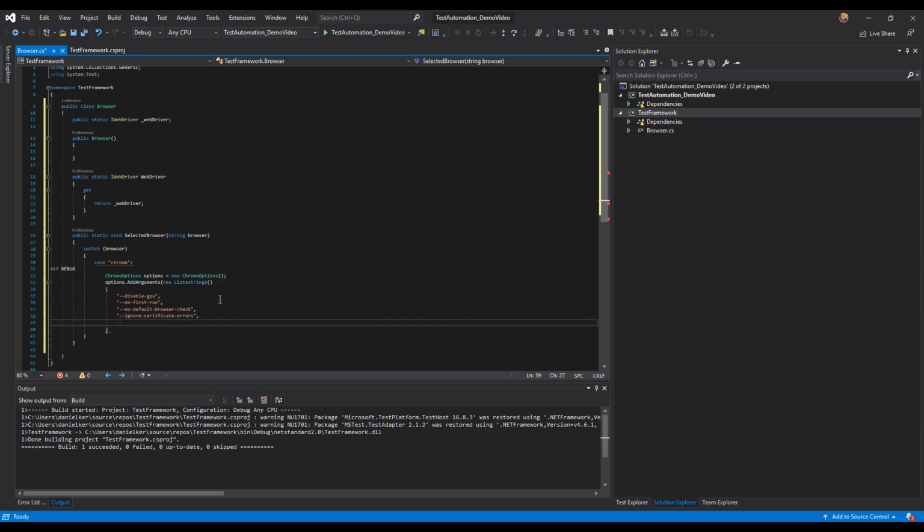We want a no sandbox. What a no sandbox does is it's just telling the system that it is a test, but it does need to continue. So the next one I'm just going to comment out, and the reason being is this is only needed if you are currently working in an Azure environment